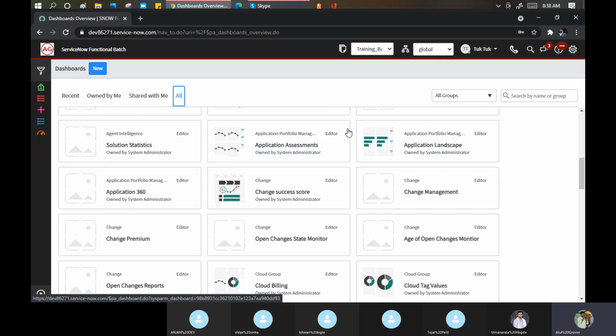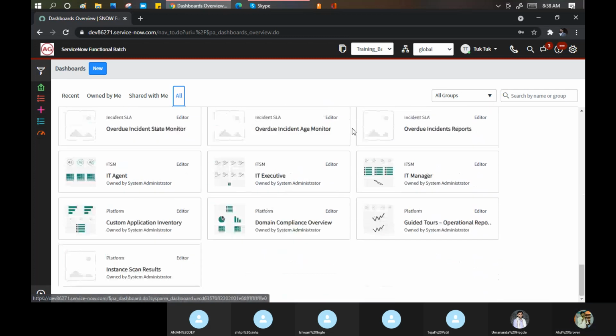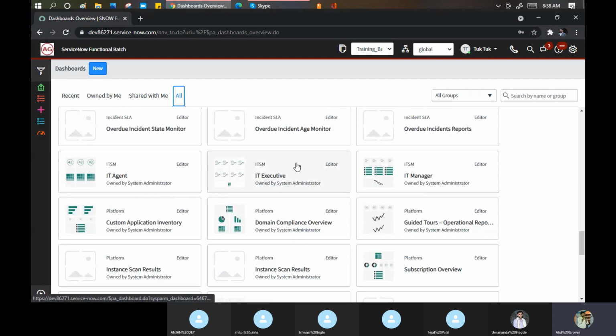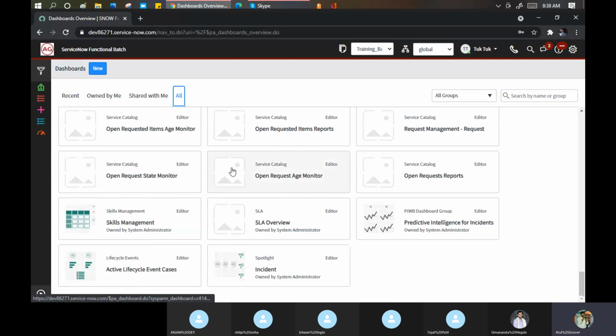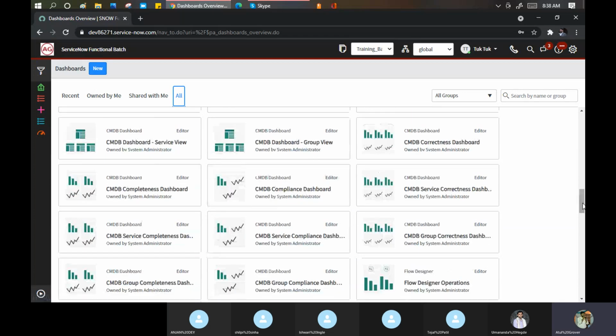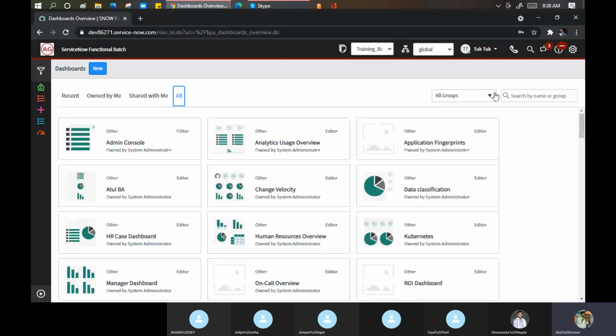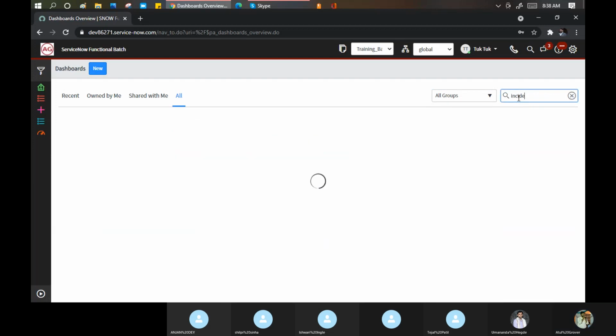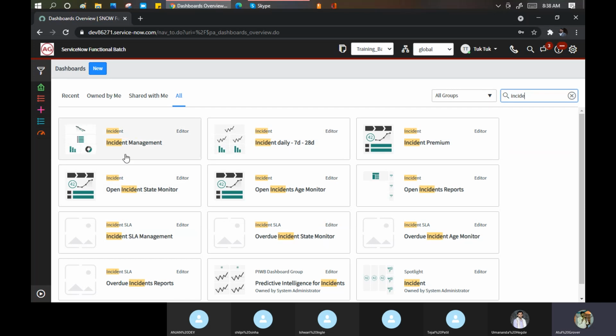You can see a number of dashboards are there, still loading. Let me show you something. Go here and search for the dashboards: incident.